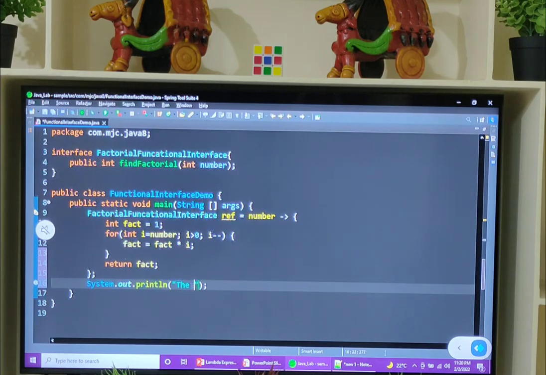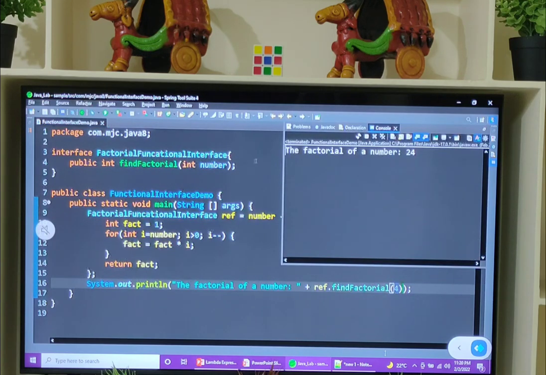Sysout, the factorial of a number plus reference.findFactorial(4). Let's execute this example. Factorial of 4 is 24.